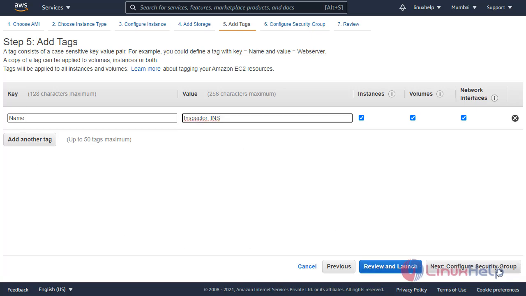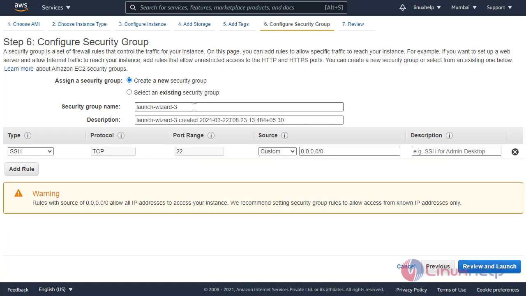Click configure security group. In here I will create a new security group. I change the name. Today I'll enable the TCP port to public access.